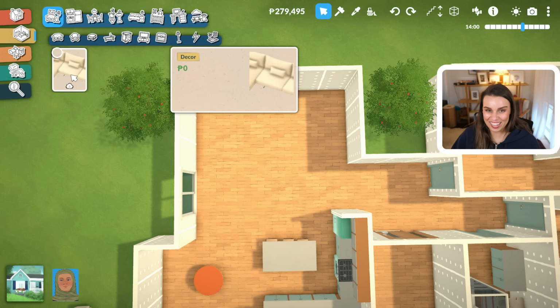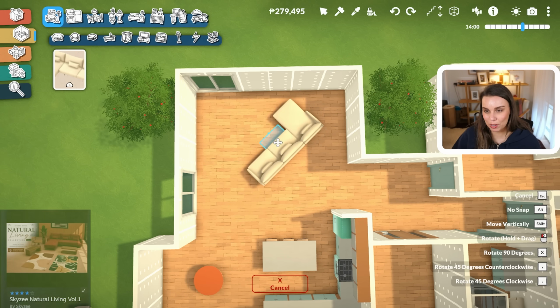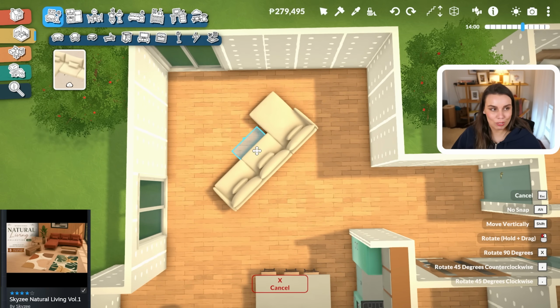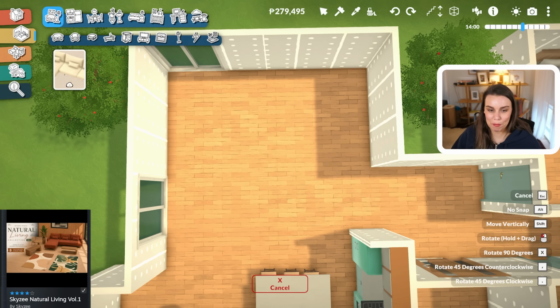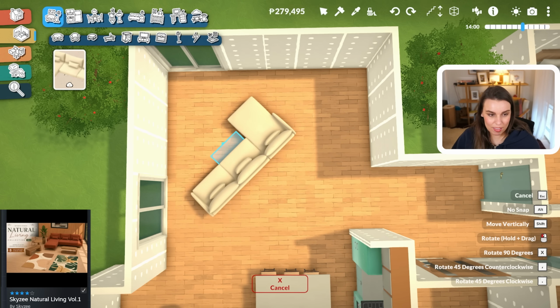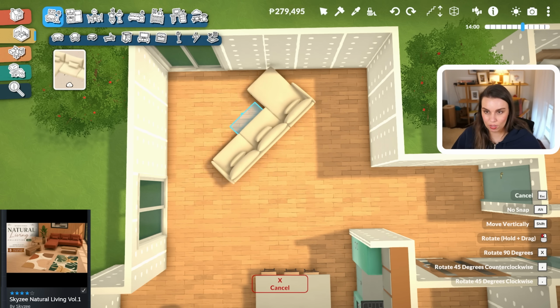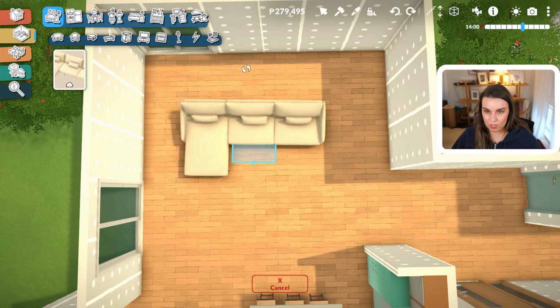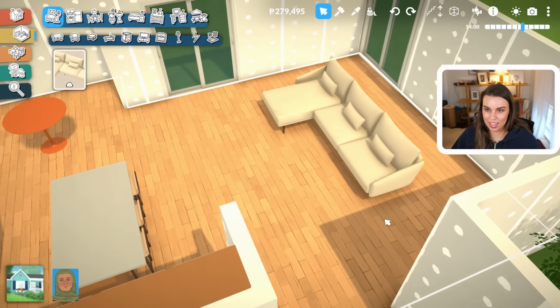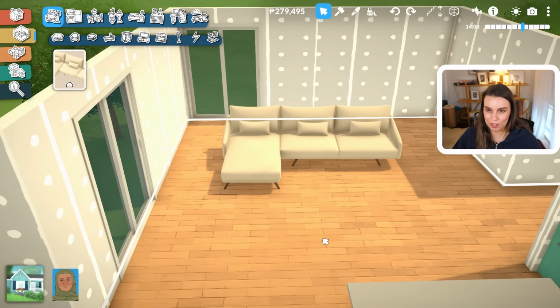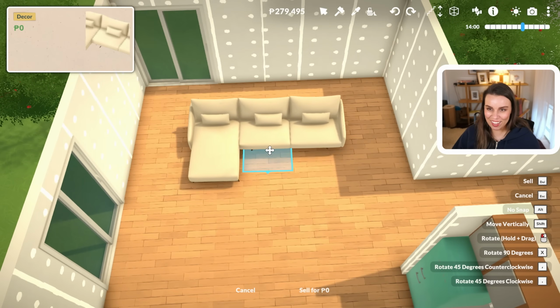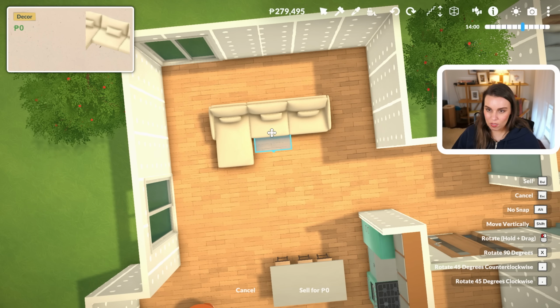I actually did download some other mods or custom content, which I'll link in the description down below. This one I think is by Skyzy. It's called Skyzy Natural Living. And I just thought this couch looked so nice and I really wanted to see what custom content would look like in this game as well. So we could do a